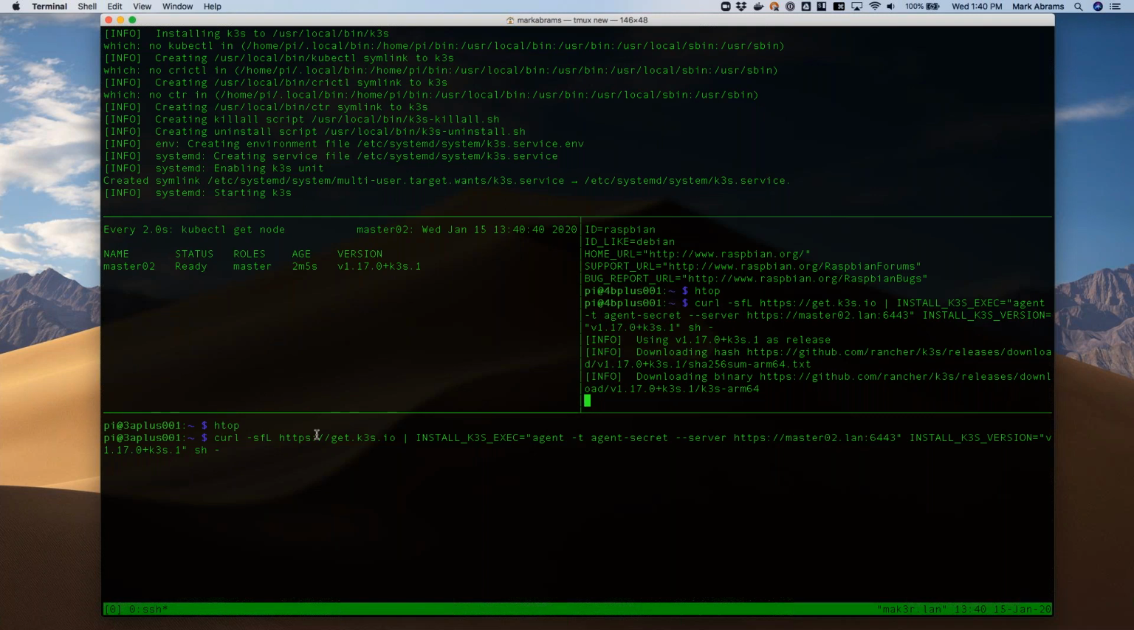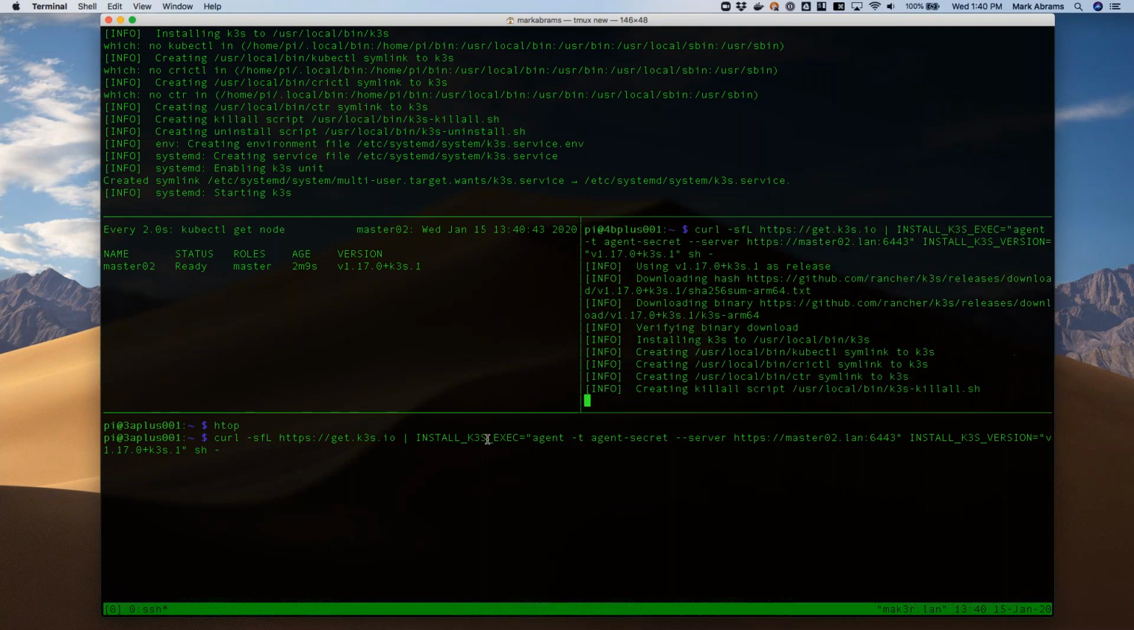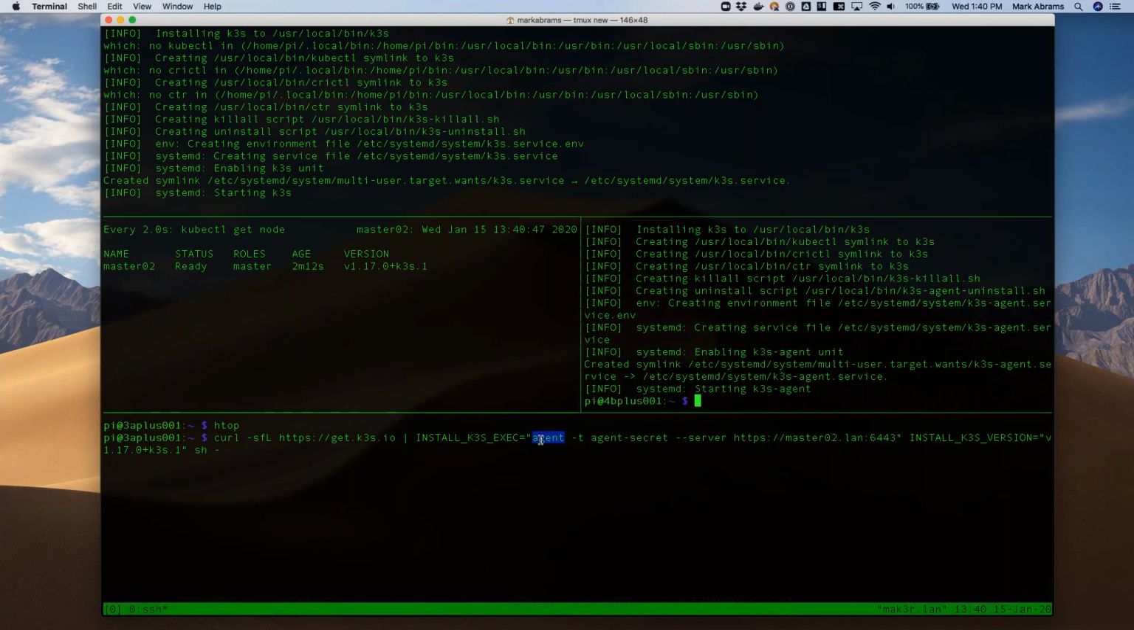So I'm going to run it on the 4B plus first, and then I'll explain it down here. Again, you see I'm pulling this, it's the exact same script, but this time my environment variable is agent instead of server. I'm using that same secret, agent secret, right? And then I'm specifying, in this case, master2 as the server. This would be my registration server. In this case, I'm just specifying this server here. Oh, look,